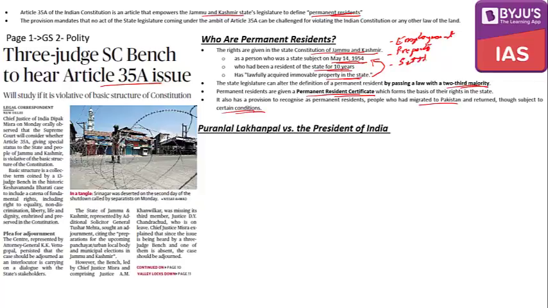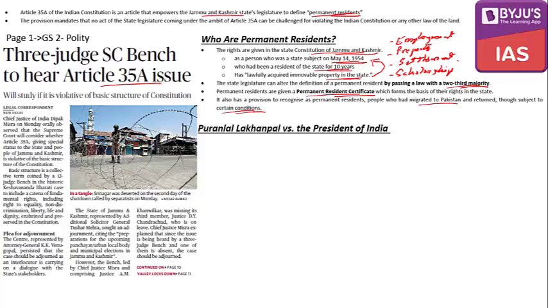So these people will not be able to settle apart from those people who have the certificate. So anyone else apart from those people having the certificate will not be able to settle in the Jammu and Kashmir region. At the same time, let's say for example the Jammu and Kashmir releases certain scholarships, or for example certain subsidies, and all these things will be provided only